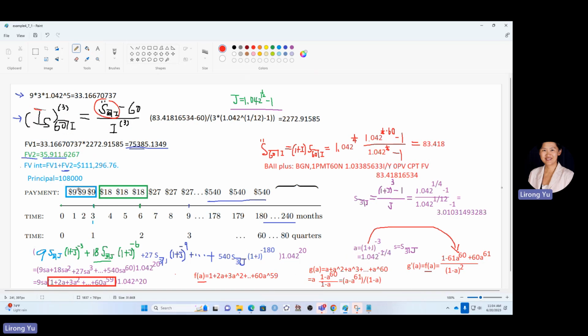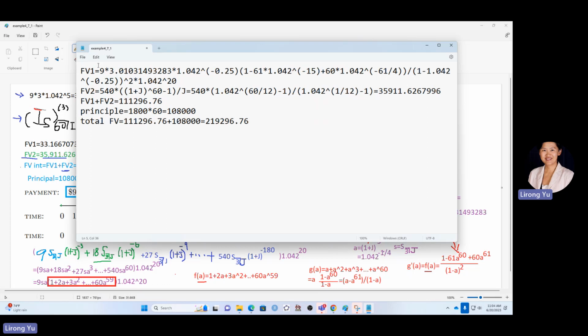So instead of 9, we're going to have 7.5, 7.5, 7.5, and then 15, 15, 15. And then what's 7.5 plus 15? 22.5. And then 22.5, 22.5 following after that. And then we do a very similar calculation to this. So another way to do it is, like, we already had all these calculated. What we can do is